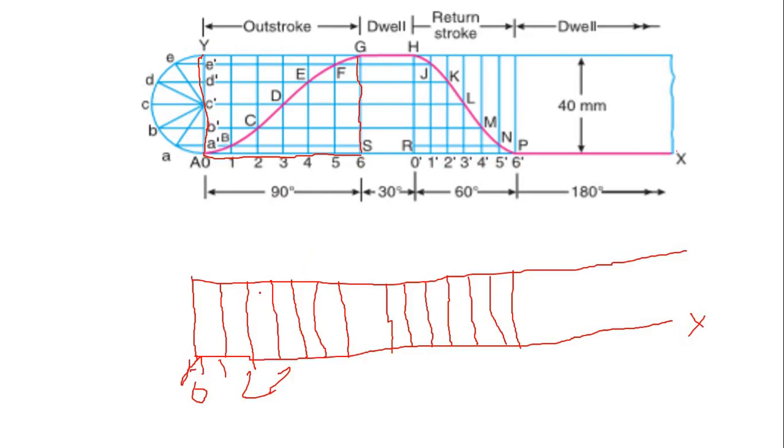The next process is to draw a semicircle on the stroke length. This is the stroke length, that is 40 mm, and at the midpoint of this stroke, the height is 40 mm. Now from here, 20 mm, take a compass and make a semicircle like this. We can see here this is a semicircle with a radius of 20 mm.